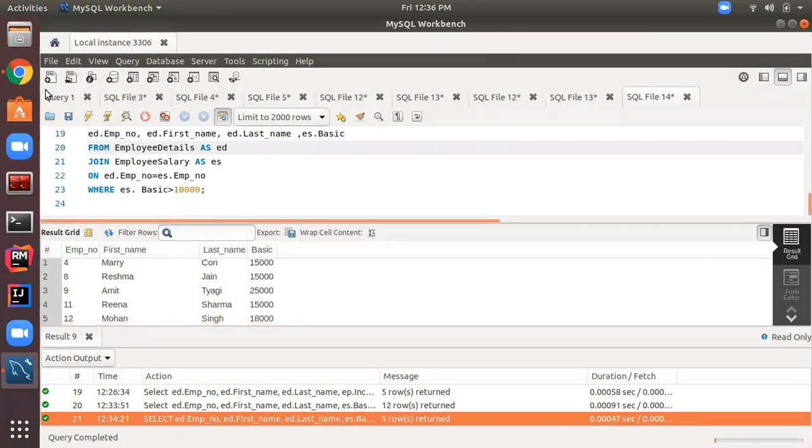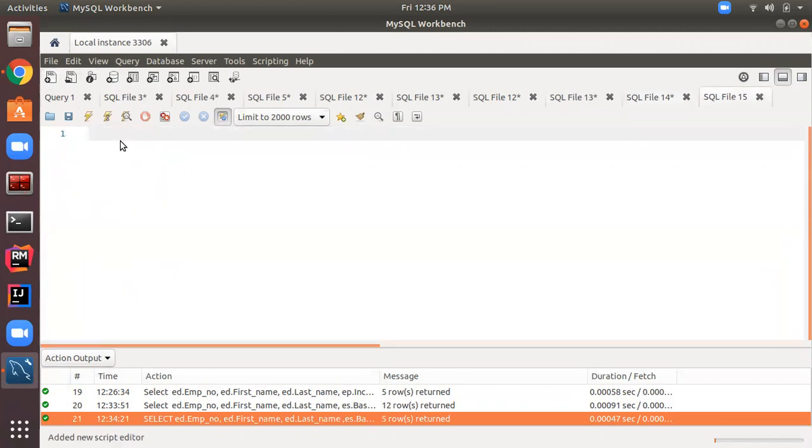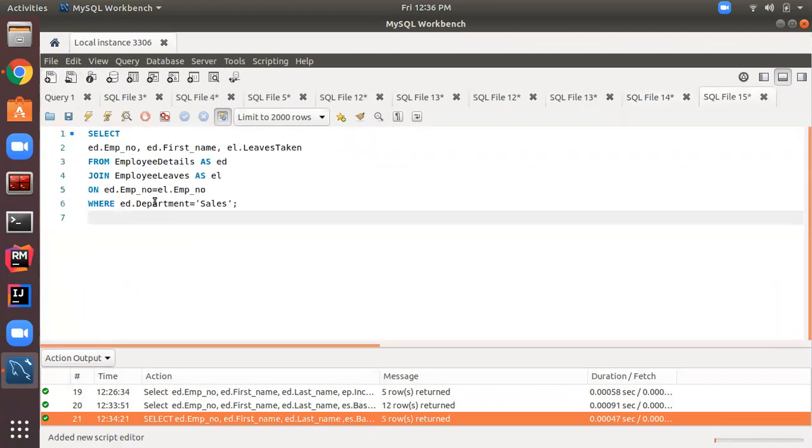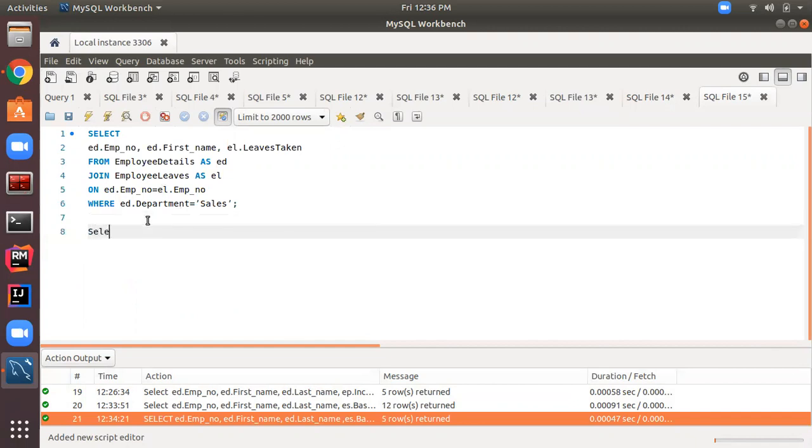Let's execute it in a new tab. I'm copy pasting here. This is my query. Let me first show you the records from the employee leaves table. Select star from employee leaves.